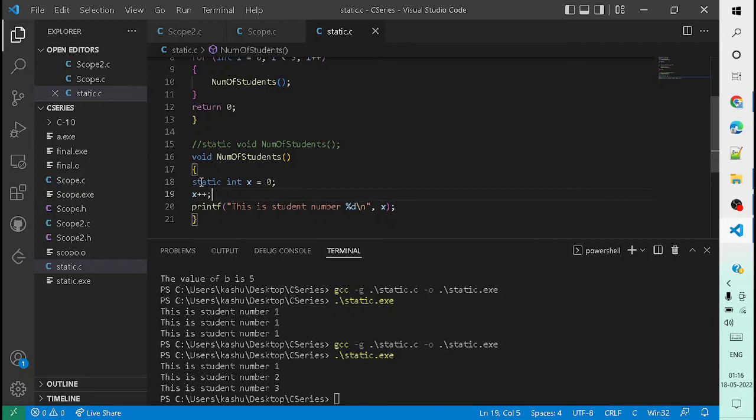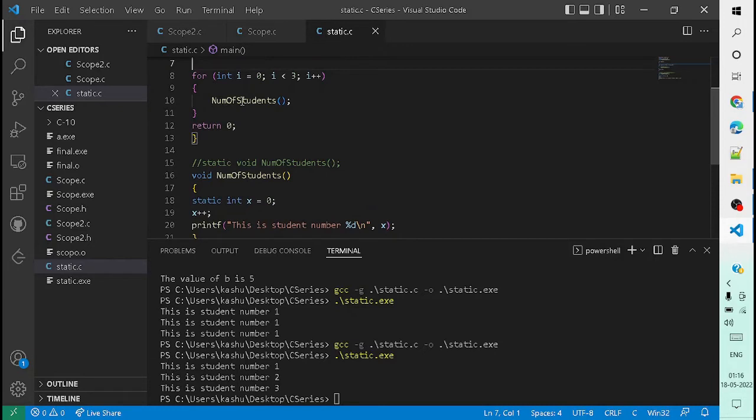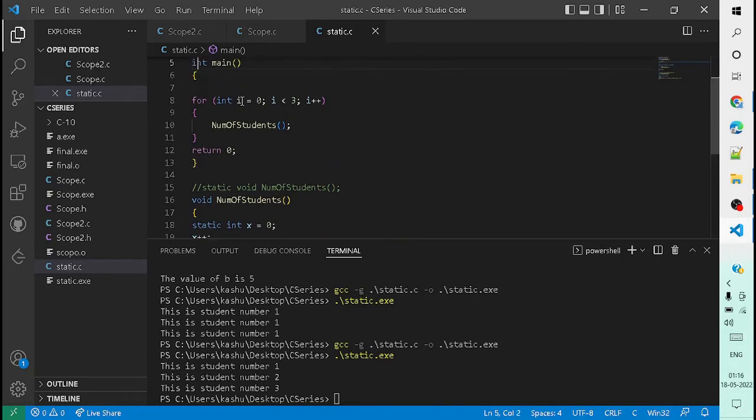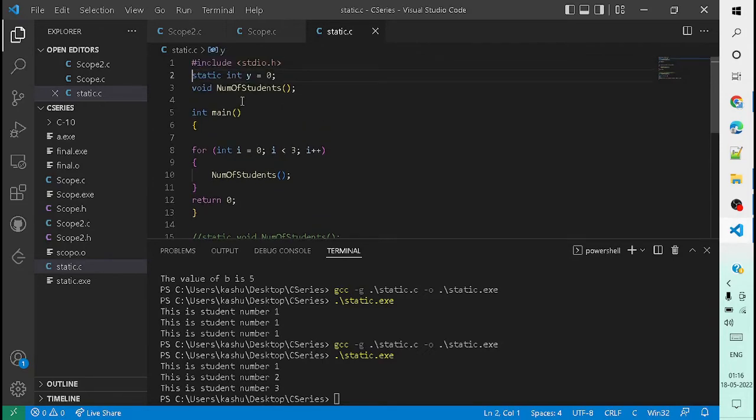So such a static keyword could be used to keep the count of how many times this particular function is called and things like that, right? This is the usage of the static keyword. A static variable outside the function, like over here, could be used anywhere inside the function. So let's say I just do y plus equal to 1, printf